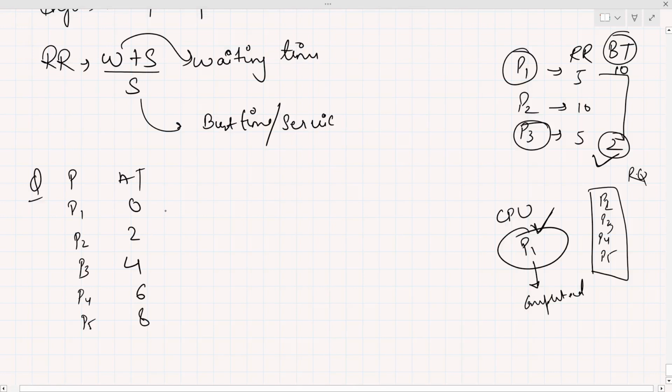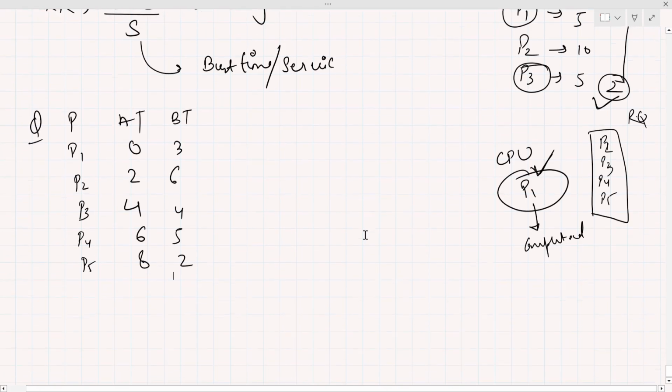So this is what an arrival time is. After that, the burst times are 3, 6, 4, 5, 2. So this is what a burst time is. Now what you have to do is find the average turnaround time and average waiting time